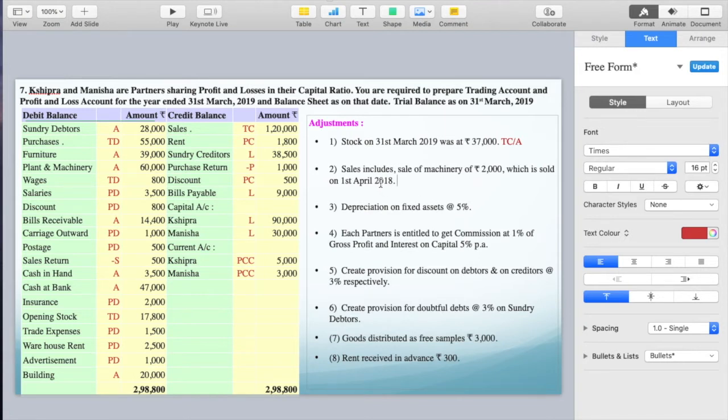So it's a rectification of errors, and now we have to rectify. In sales it is wrongly included, so we have to minus from sales. Basically it is machinery sold, so from machinery also it has to be minused, so less from plant and machinery, which is our asset. Clear with this? See, we are passing both debit and credit effect. From the sales we are minusing; sales we write on the credit side, so once we minus from sales, it becomes a debit effect.